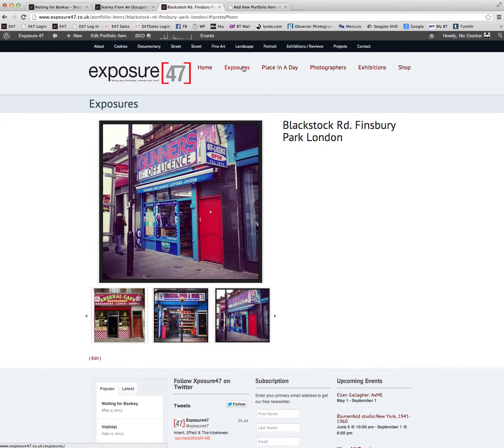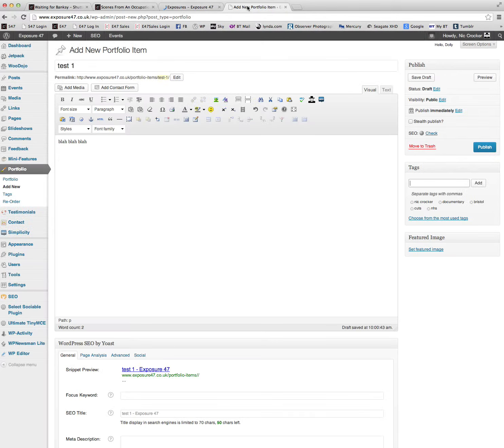Okay, so pop that back there, and let's say, how do we make a portfolio item? Well, all I've done is I've logged into the back part of the website, I've gone to portfolio, and I've clicked on add new. I could equally go to the top here and click on plus new and select portfolio item. This is the editor area. If you've been making posts, you'll see it looks extremely similar, and I've given it a title, I've put in my interesting text,